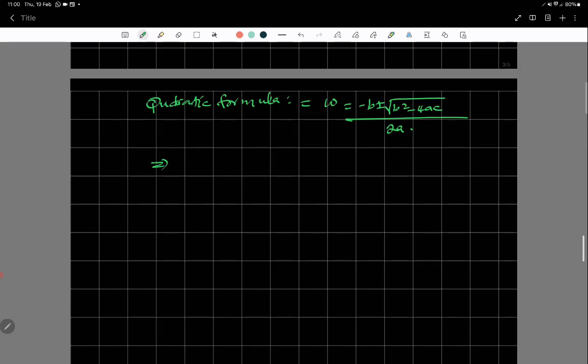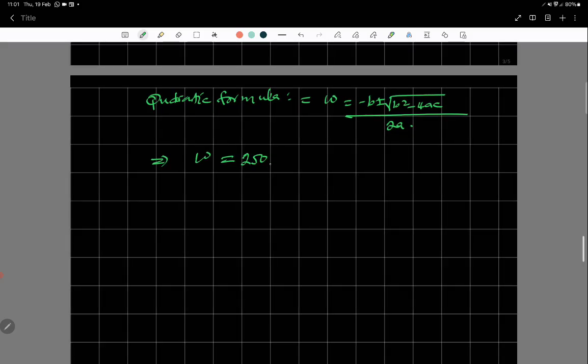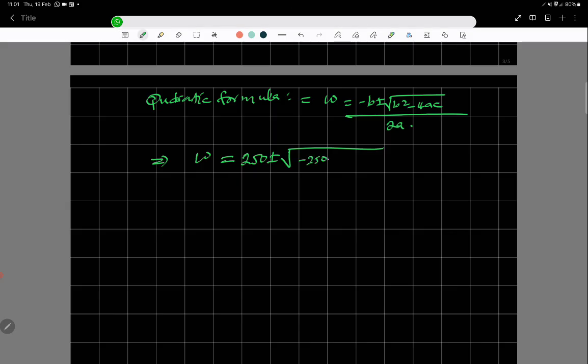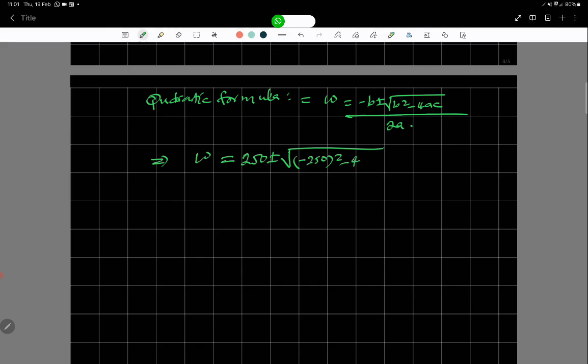So W is equal to 250 plus or minus root of minus 250 squared minus 4 times 1 times minus 125,000 all over 2 times 1,